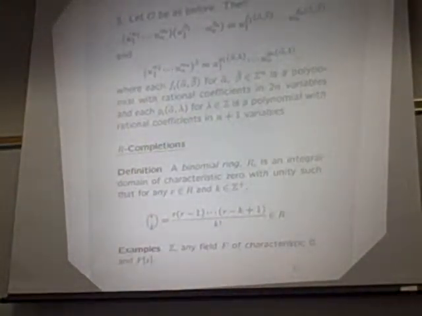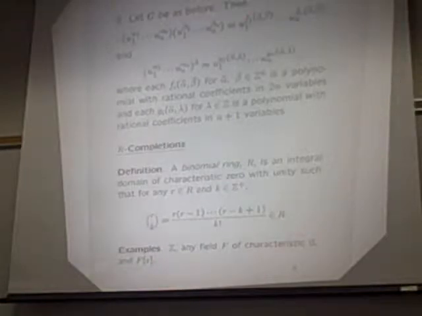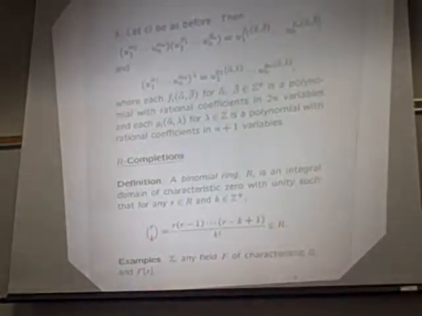Okay. So let's suppose that we have G as before. We have the same Maltsev basis. Then it turns out that a heavy-duty theorem due to Hall and Maltsev says that if you take any two group elements expressed in terms of the Maltsev basis, when you multiply them together, you get again something with respect to the basis, and it turns out that these f functions are actually polynomials with rational coefficients. And similarly, if you exponentiate any group element in terms of the Maltsev basis, you again get something in the Maltsev basis where the g_i's are also polynomials with rational coefficients.